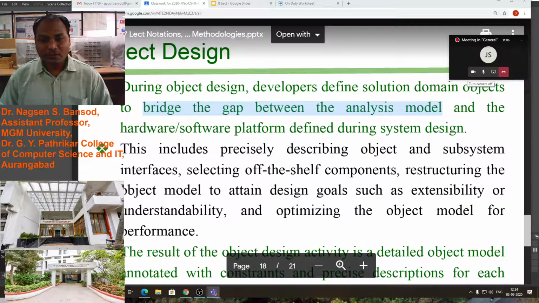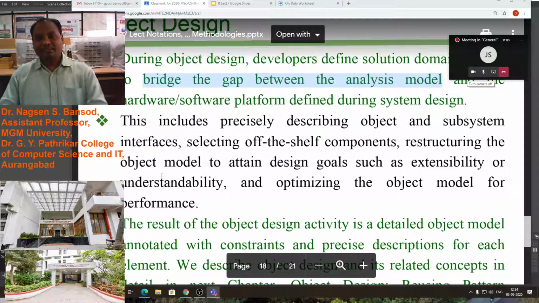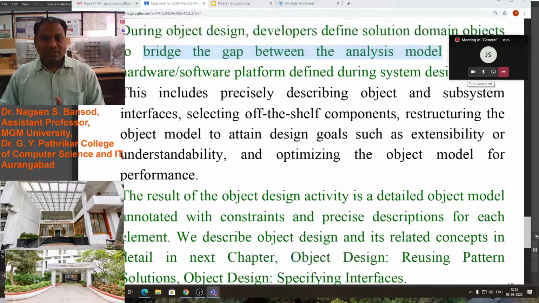This includes the previously described objects and subsystem interfaces, selecting off-the-shelf components, resulting in an object model that attains design goals such as extensibility or understandability, and optimizing the object model for performance.